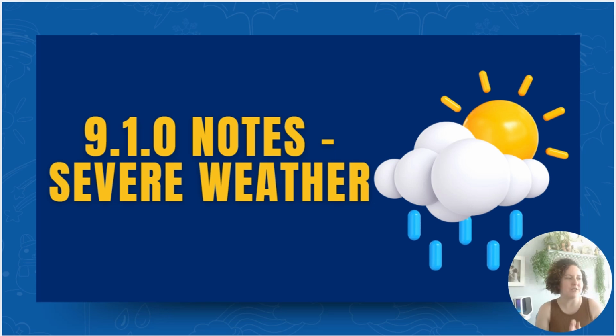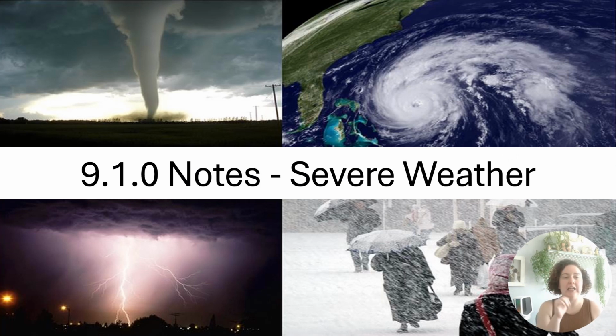Good morning, eighth graders. So this is kind of like what we consider our bridge from catastrophic events into meteorology. So we are talking 9.1.0 notes, all on severe weather. We're going to talk about severe weather ranging from winter storms, which we experience regularly, to tornadoes, which we always have the possibility for come spring, but then thunderstorms, hurricanes, tropical storms, things like that. These are the weather events that can cause mass destruction